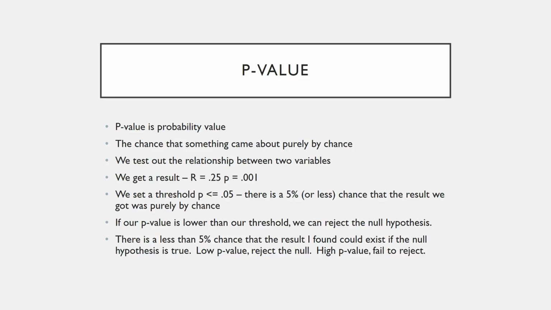In the next bullet point, I state just that. We set a threshold where p is less than or equal to 0.05, or, stated another way, there is a 5% or less chance that the result we got was purely by chance. That's how we use p-value to determine statistical significance. We get our result, we check the p-value. If the p-value drops below whatever stated threshold we have, whether it's 5% or 1%, then we can accept the